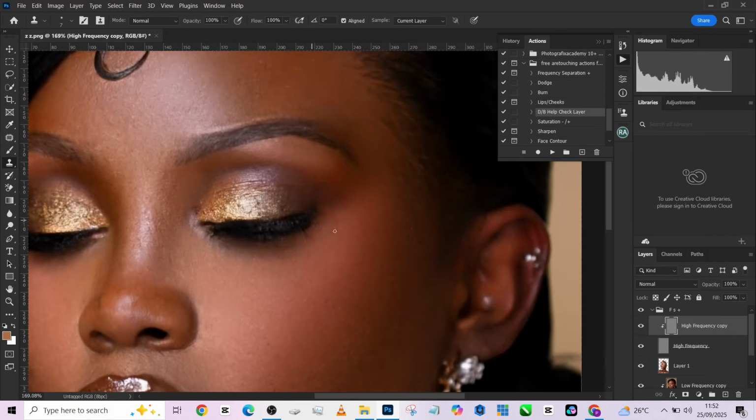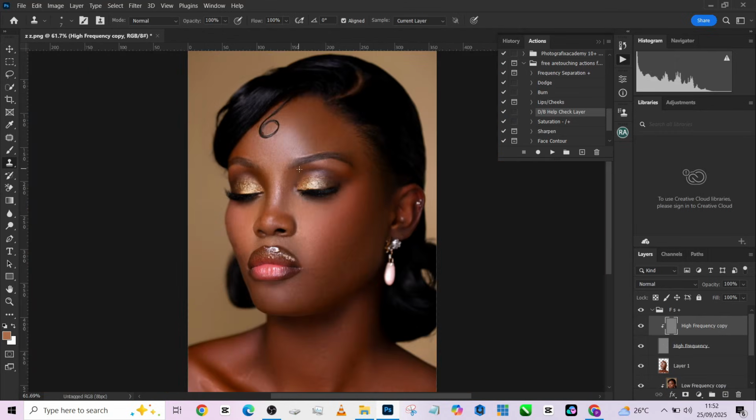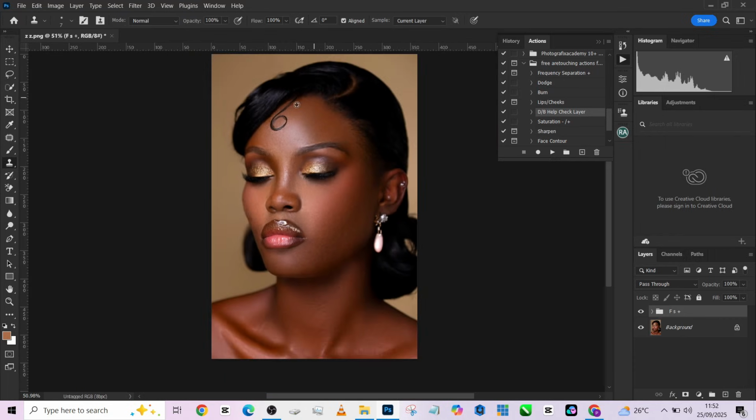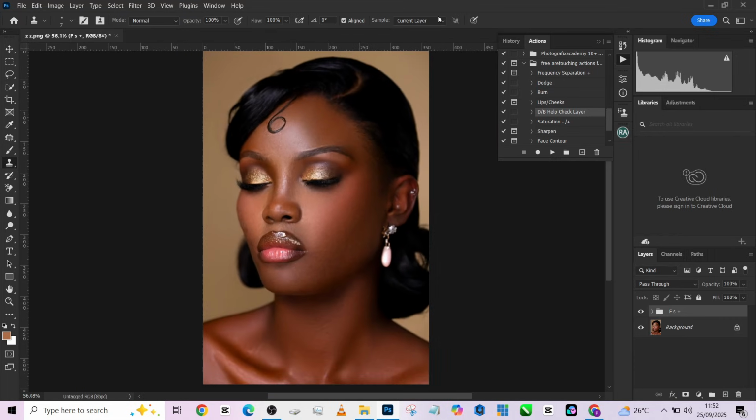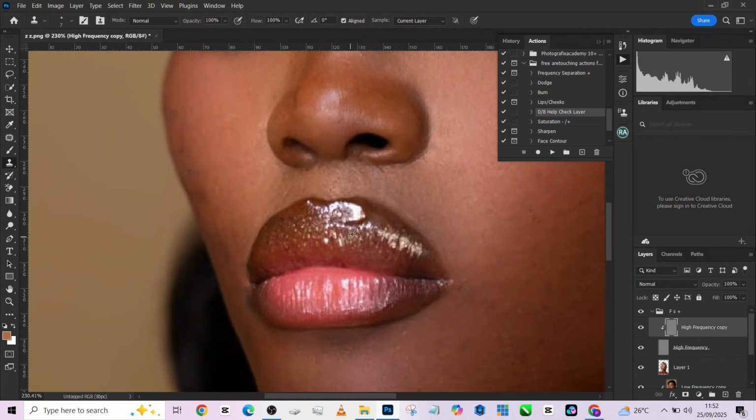You can as well check the top of your eyelid here. If you feel you don't want the texture, you can reduce it. Now, the next thing we're going to be going into is our dodging and burning. Very important, because if you look at the image, we have lost quite some lightening on the image, and we wouldn't want to lose the lightening entirely. So we'll be using our dodge and burn